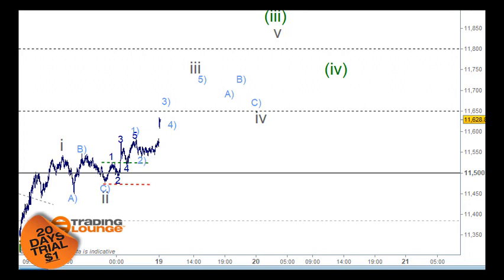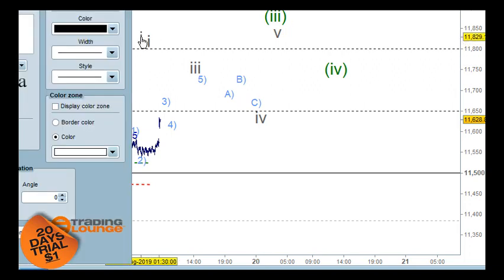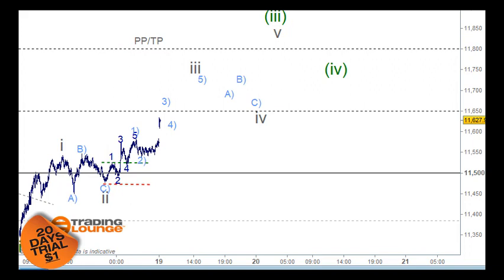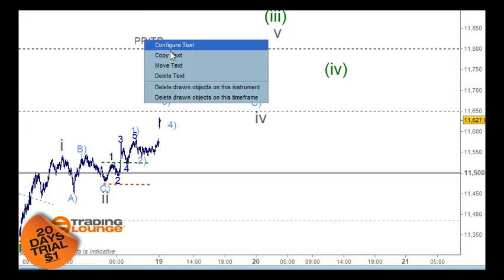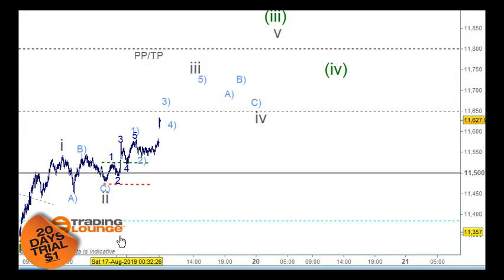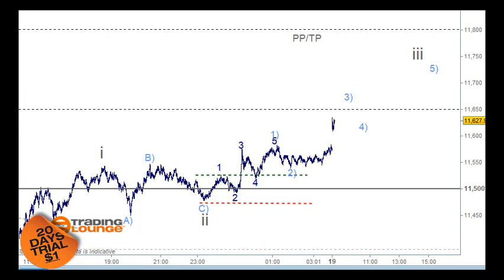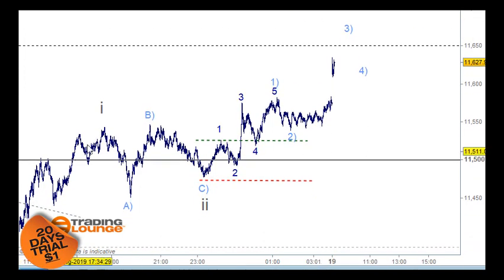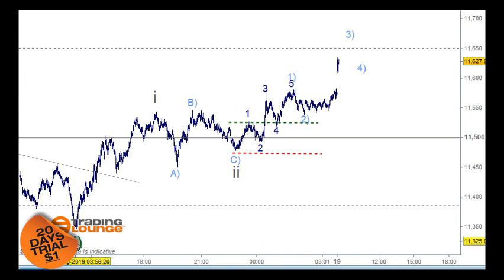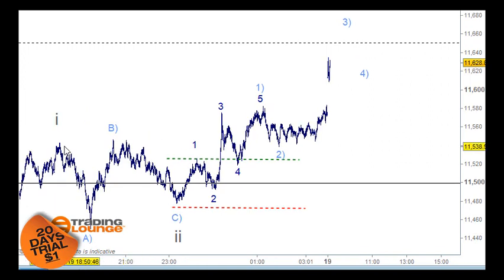So at this stage, we can look to take part profit or take all profit. We'll look at it a bit closer when we get there. So just having a target sitting there is good. And for this scenario here, we've got wave 1 coming off from wave 2, then we've got 5